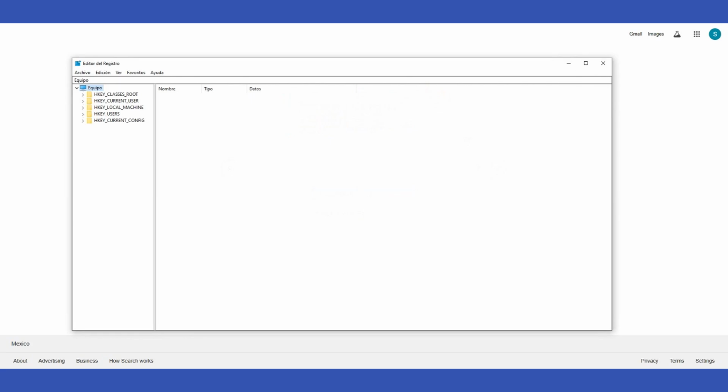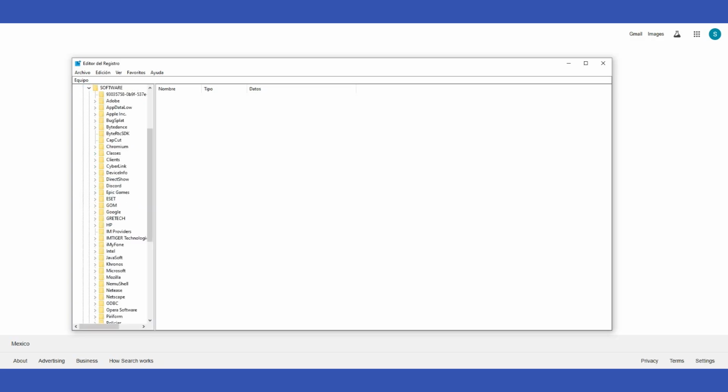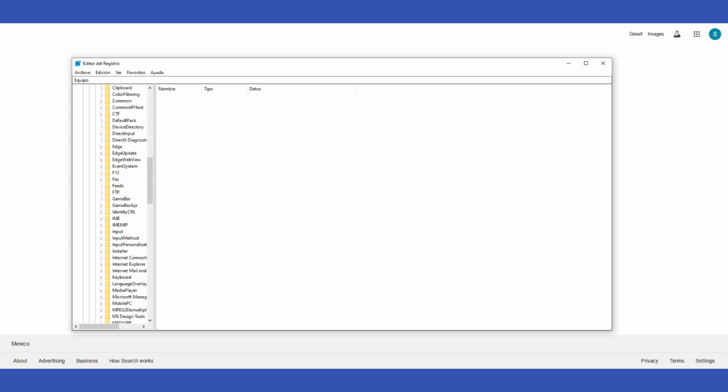Then let's go to the path that says HKEY_CURRENT_USER, and let's go to Software, and then on Software let's go to Microsoft. Here on Microsoft, just go to Windows. So here on Windows, you can check if there is the part that says